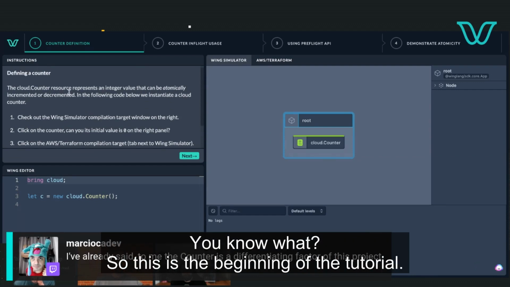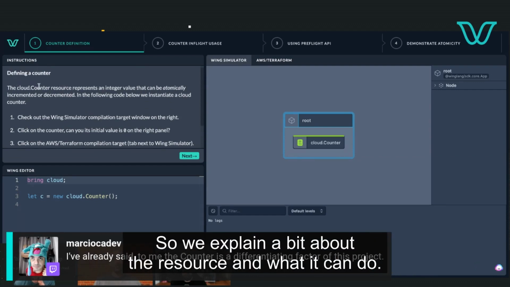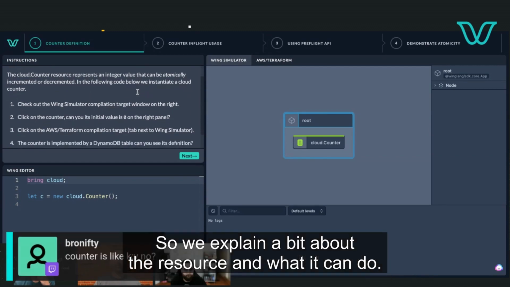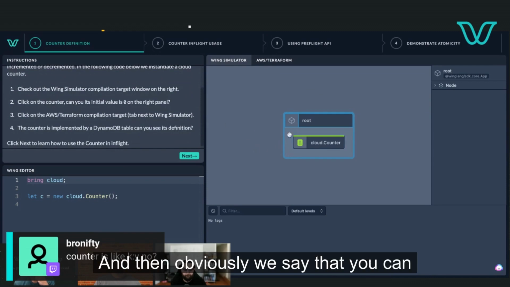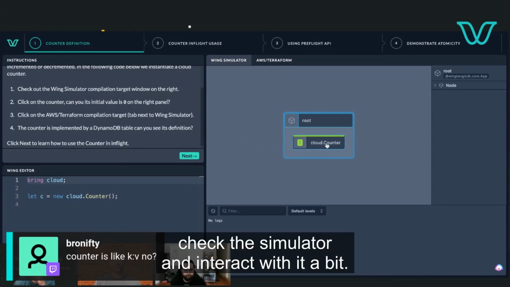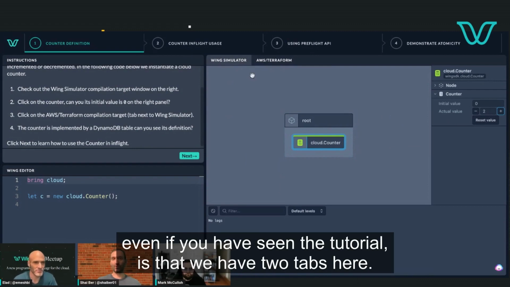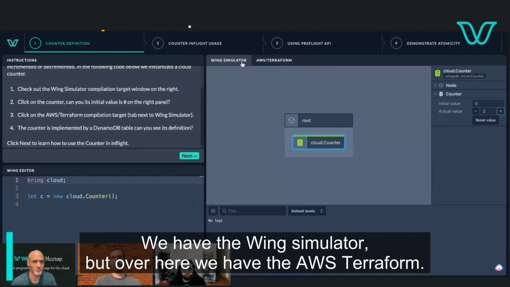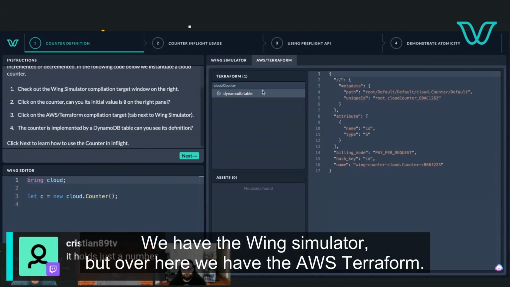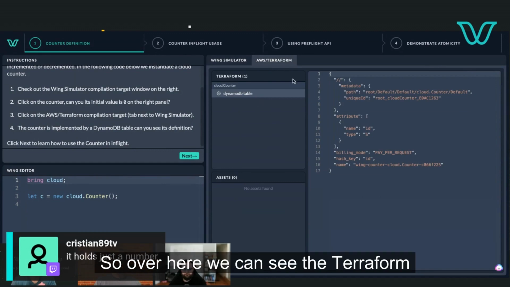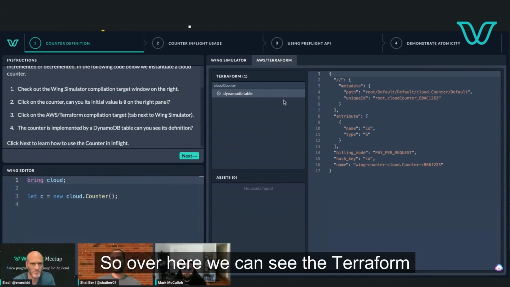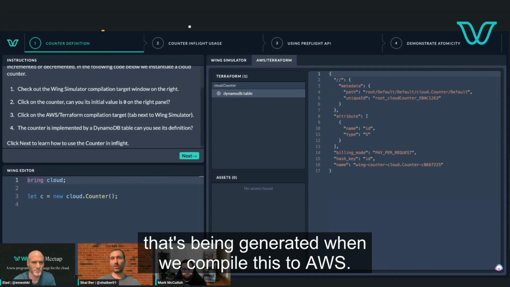So this is the beginning of the tutorial. We explain a bit about the resource and what it can do, and then we say that you can check the simulator and interact with it a bit. And then this is something that you probably haven't seen before, even if you have seen the tutorial: we have two tabs here. We have the Wing Simulator, and over here we have the AWS Terraform. Here we can see the Terraform that's generated when we compile this to